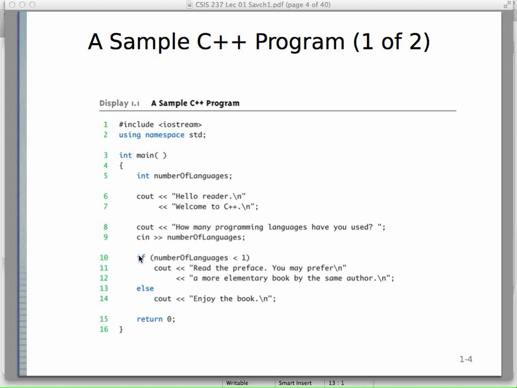In my simple examples I didn't do this, but you can put in an if statement, and this works pretty much like you would expect in Java. So from here to here, ignoring the couts, basically everything else is just like Java. Keep in mind that Java and C++ both came from C, and so Java has a lot of these features. The if statements look pretty similar. They're pretty simple anyway. Okay, so hopefully you can do a simple if-else statement,